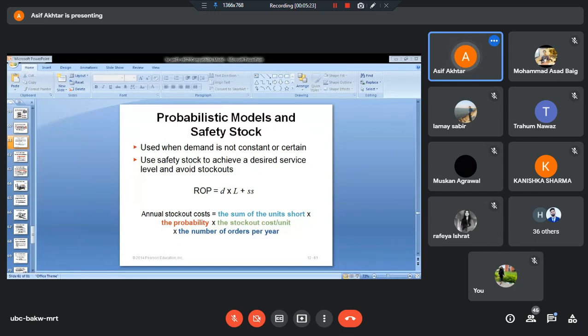ये वो सेफ्टी स्टॉक होता है जो एक्स्ट्रा क्वांटिटी हम लेके चलते हैं उस कंडीशन में जबकि हमें अनसर्टेनिटी का डर होता है कि डिमांड बढ़ेगी या घटेगी और वो अनसर्टेनिटी एग्जिस्ट करती है. तो वी ऑलवेज कैरी अ सेफ्टी स्टॉक. So this is a safety stock, which is quite a simple concept.